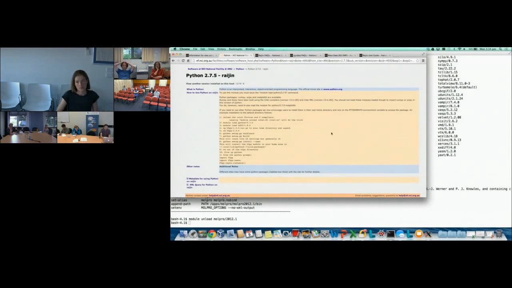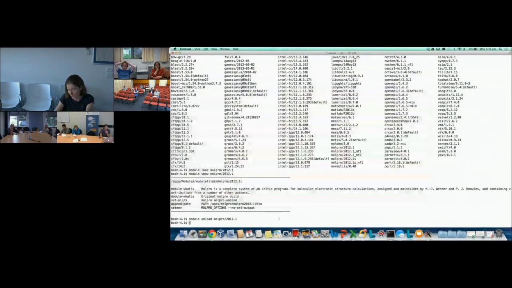So you don't have to remember all of this, but just know that you can do that and basically set it up just in your own home space. And where you're going to find the installed things is in .local/bin. So, for example, I have my proxy client there, and that's where you're going to find your installed software.